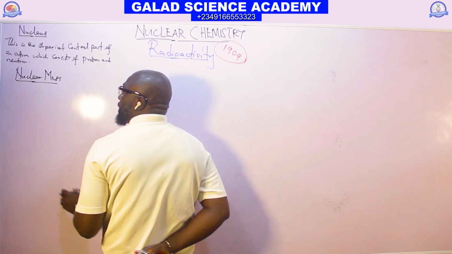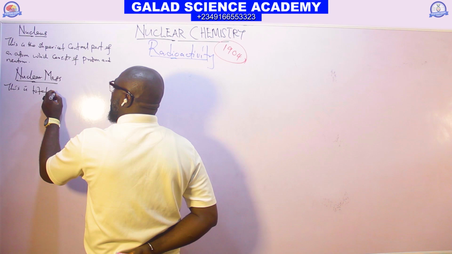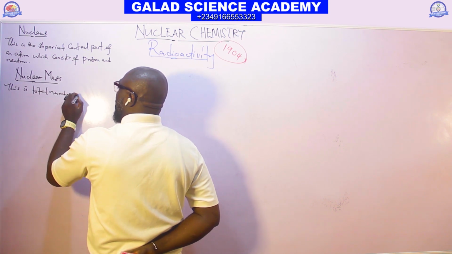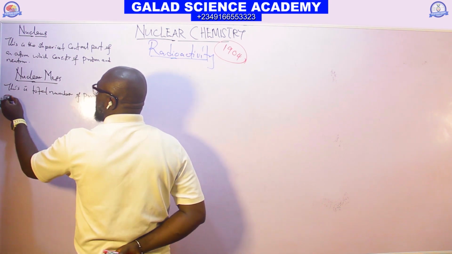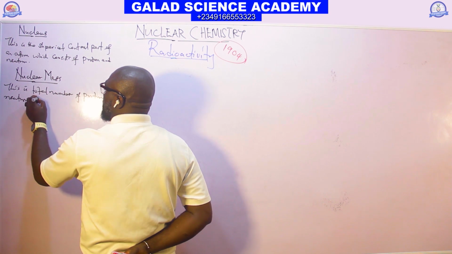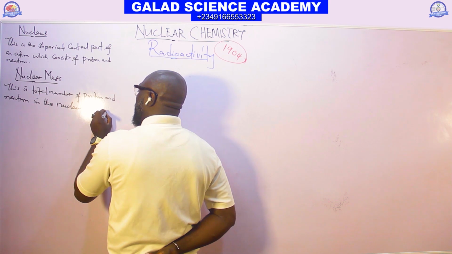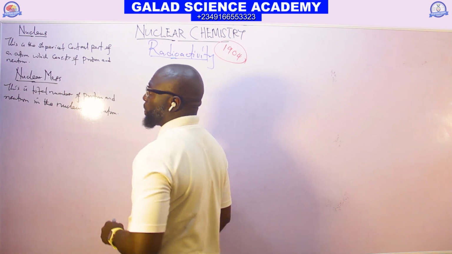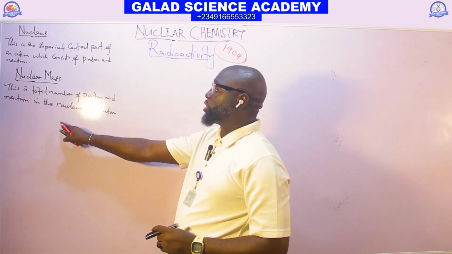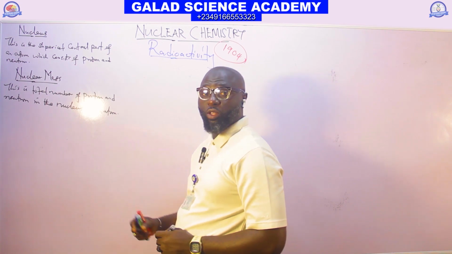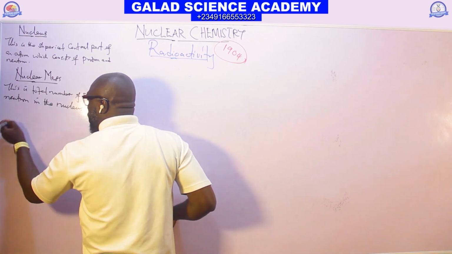What is nuclear mass? Nuclear mass is the total number of proton and neutron in the nucleus of an atom. Nuclear mass is the total number of proton and neutron in the nucleus of an atom. Mathematically, we call it